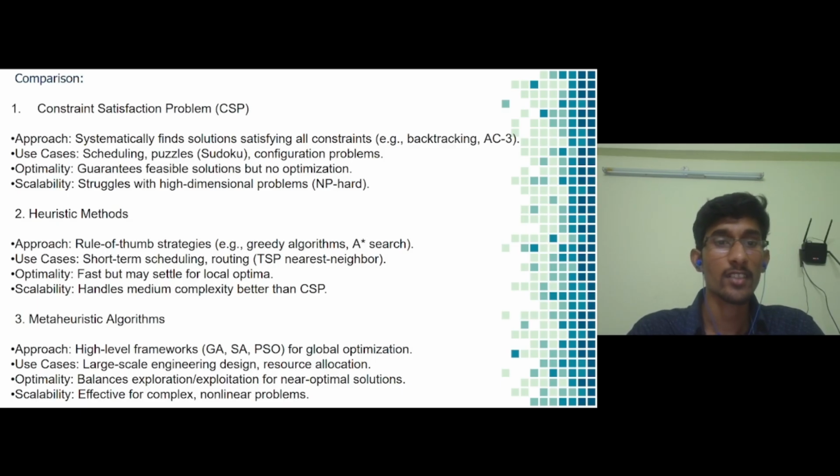The second thing that we have used is heuristic methods. It is a kind of rule-of-thumb strategy. The main use cases are short-term scheduling and routing. It is fast, but it may settle in local optima. It can never reach the global optimum if it has been stuck in a local optimum. And it can handle medium complexity, which is better than CSP. And the third one that we have used is meta-heuristic algorithms. It is a kind of high-level framework and is mainly used for global optimization purposes. It balances the exploration and exploitation strategy for near-optimal solutions, and it is effective for complex